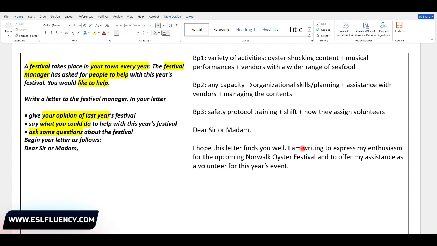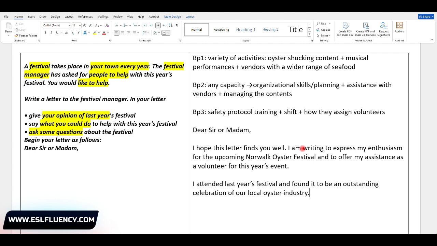Okay, so the first one, variety of activities. I attended last year's festival and found it to be an outstanding celebration of our local oyster industry.